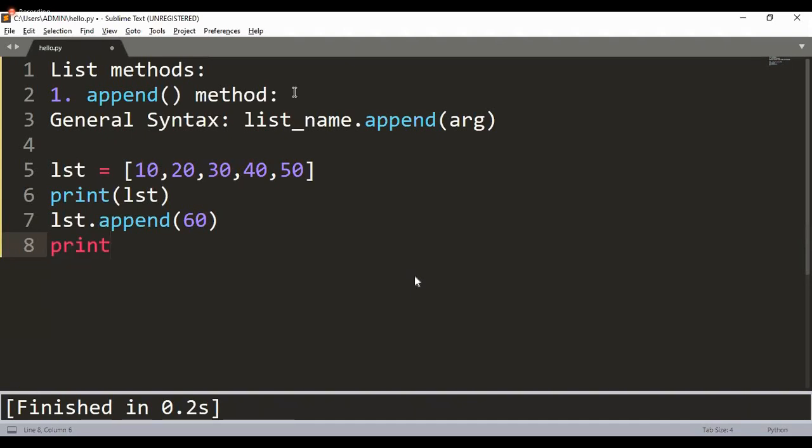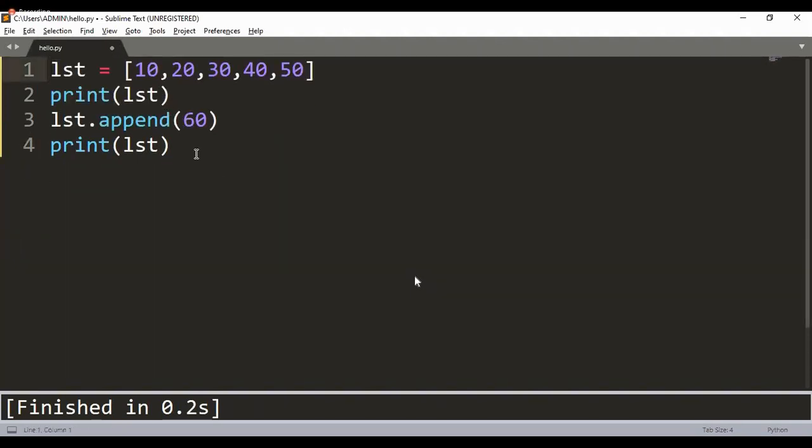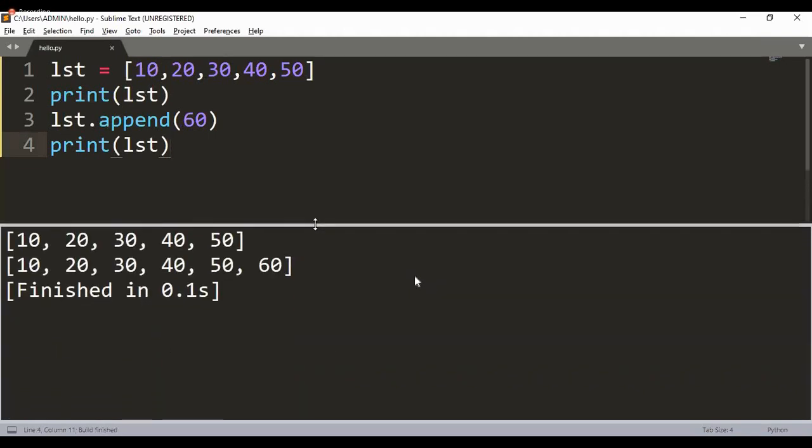Now, if I print my list, let us see how the output looks. Of course, if I want my program to execute, I will have to erase this non-technical content from the editor screen. So if I delete it, and now if I execute my program, as you can see, the very first output that you would see on the output screen happens to be my existing list without the append operation.